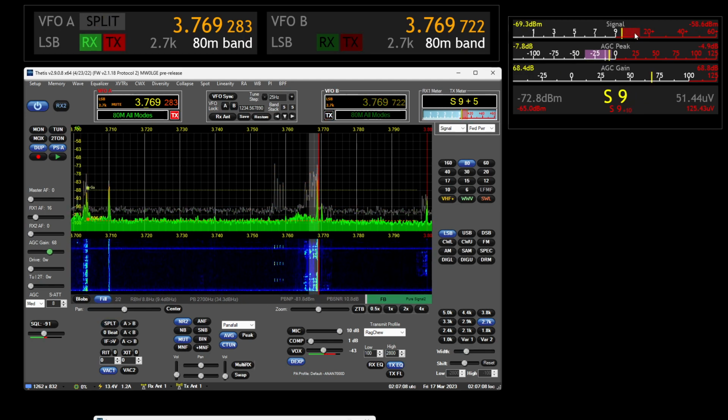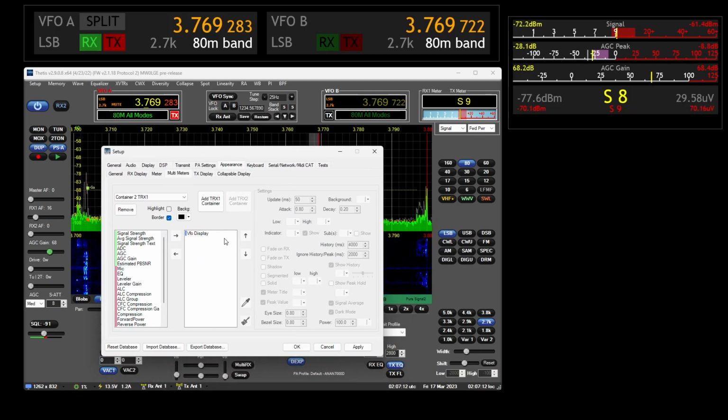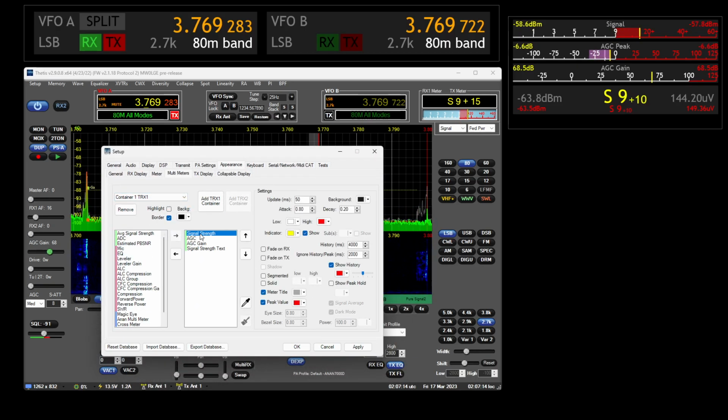Something to notice, these are displaying history. So if we look at the signal, container 1 signal is showing history. We can change that to show peak hold. So there's the orange peak, the red peak hold line. You could change that if you wanted. But what I was going to say is, history